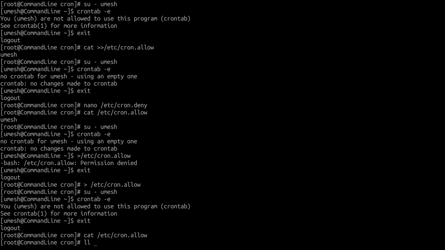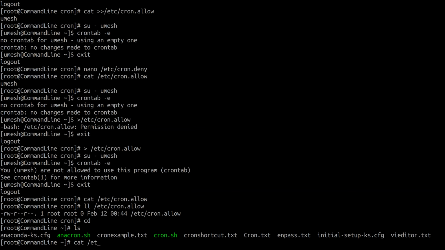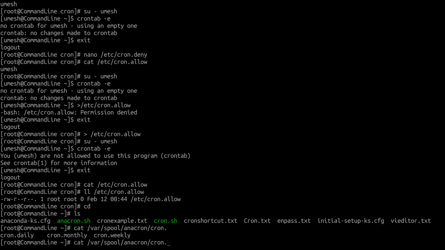And also the permission for this file should be readable for all users. Otherwise, nobody will be allowed to run cron tab unless this permission is fixed. It has to be readable by everyone or at least the cron tab group. Otherwise, if this file exists, even if there is no content, everyone will be denied. Okay, this hasn't been created yet, but I have tested it before and it works. So it might be created anytime before 1 a.m. So it's still 12:46 a.m. here.